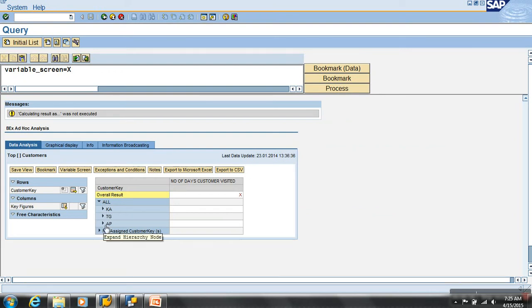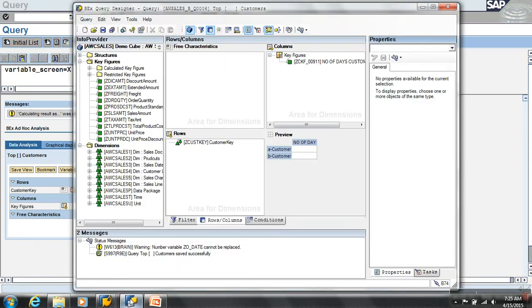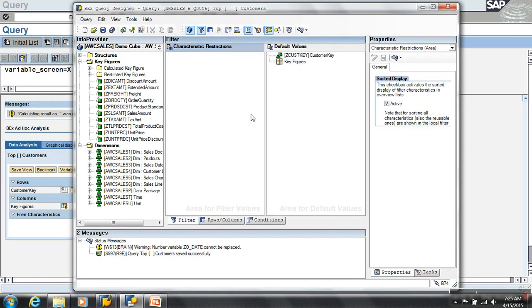Okay. And let's assume that the hierarchy is very huge. Now I would like to give flexibility to the user to choose which node of data he wants to see: the Karnataka node, the Telangana node, any particular node, and not the entire hierarchy. Then what I'll do is go with a node variable. So the hierarchy is fixed, and within the hierarchy, we look at the data of a node. When you want to do dynamic restriction on a particular node of a hierarchy, we go with hierarchy node variables.